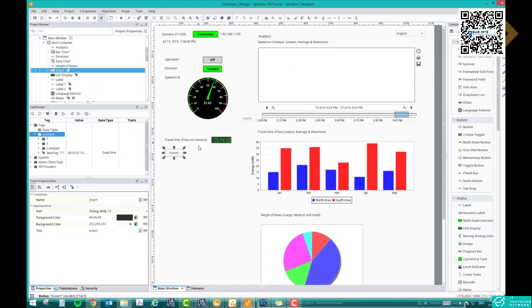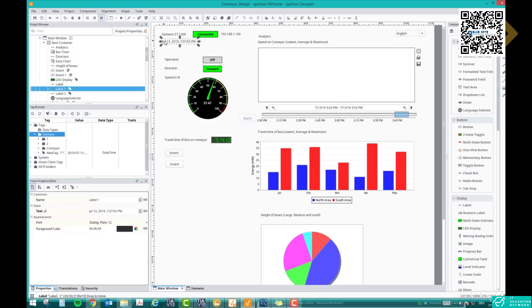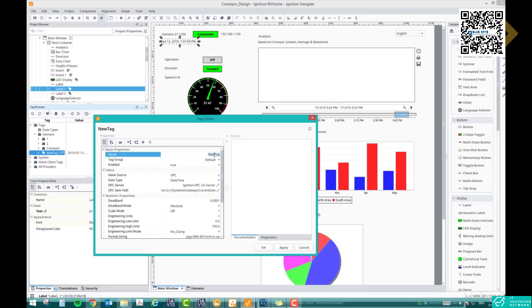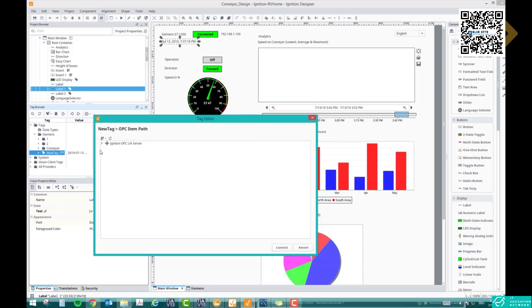Okay, now I want to use the same button, or I can make another button. I will copy paste this one. I will use this button to move the value of speed and the timestamp. Now here you see I'm using a timestamp, and I took this as a tag here. If you see, this is the tag. I will show you how this is coming. I will write it as timestamp, and its data type is date time. And if you see the ignition path, I choose this from server,